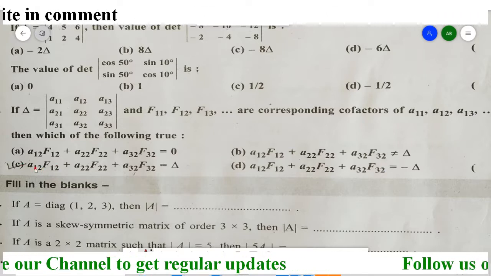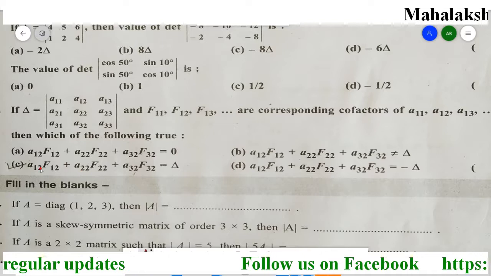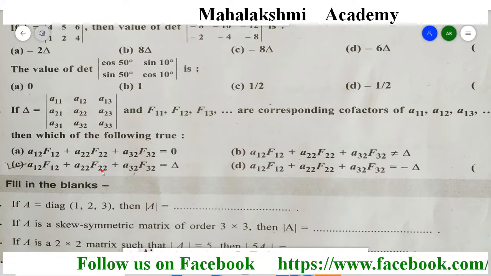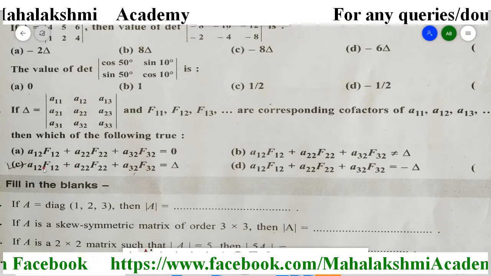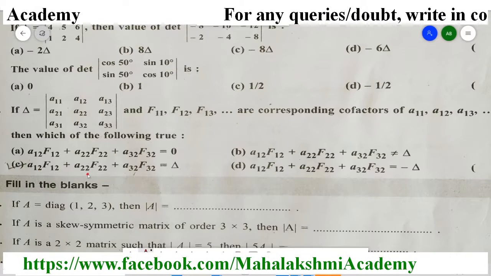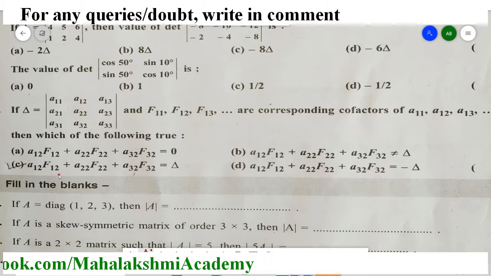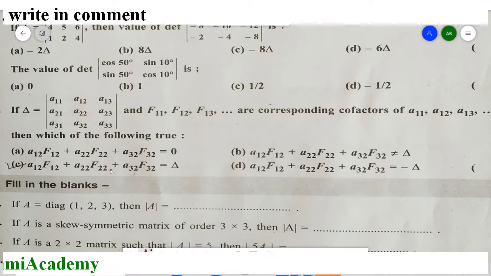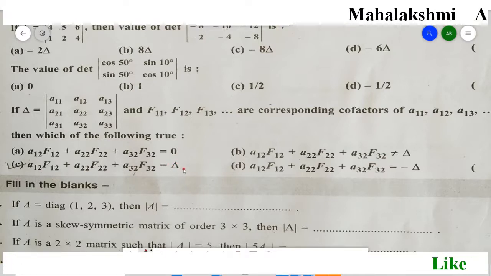So the C part is correct, students, because here this belongs to the second column, this also belongs to the second column, and this also belongs to the second column, because here also 2 2, and here also 2 2, and here also 2 2. So all belong to the second column, and the first row, second row and third row, and this is the delta. So we have accurate delta, so it's the determinant.